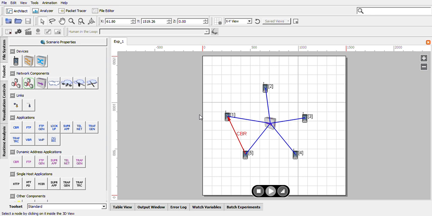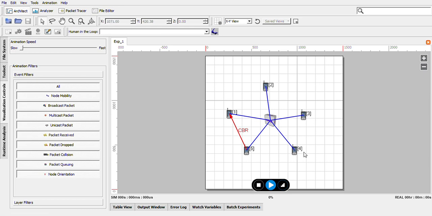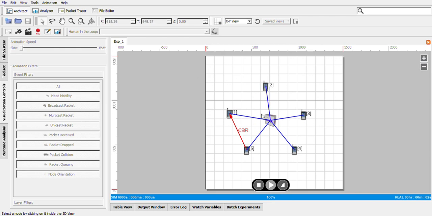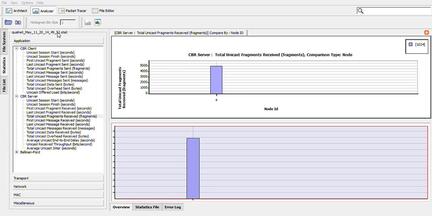Save that, and as usual, it will take time because, as I said, we are running in our department network. If you are running this on a single desktop machine or a server, it will be quicker. Then again, as usual, click on play. You can observe how they are exchanging the information, and after that go to the analysis part.